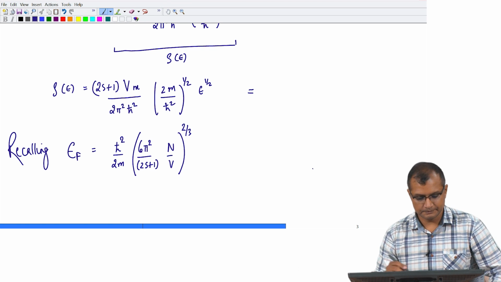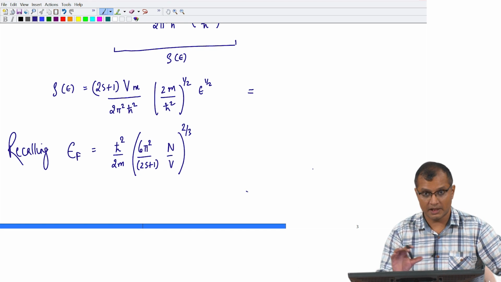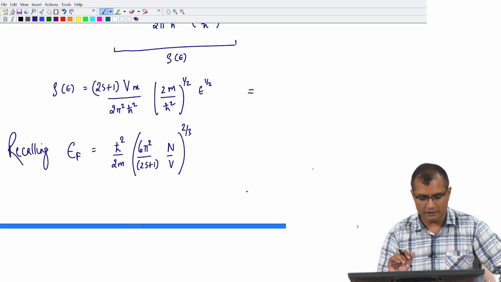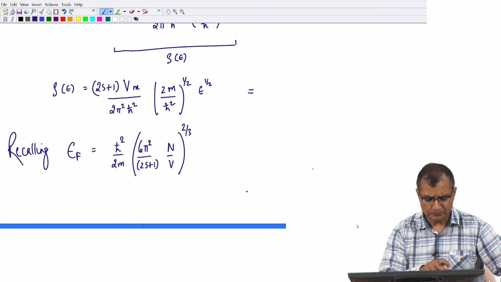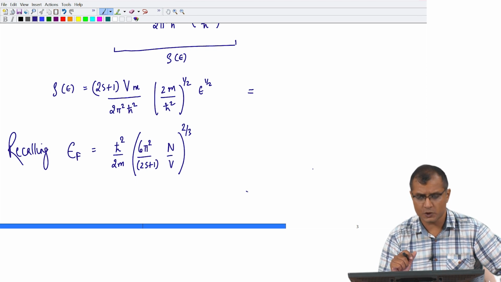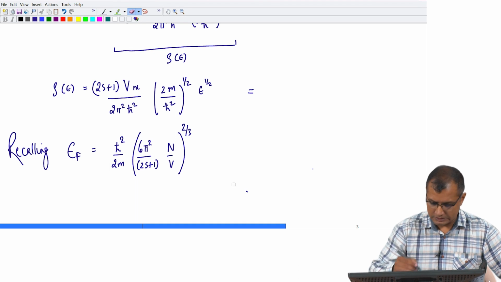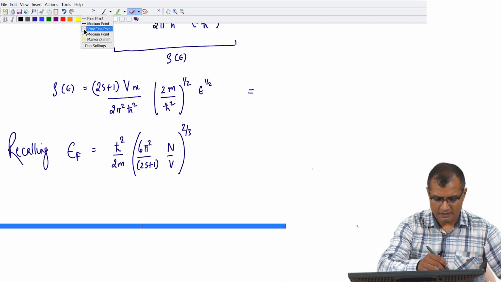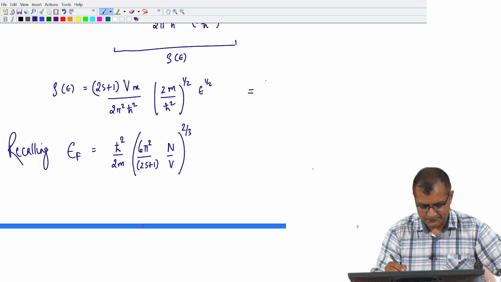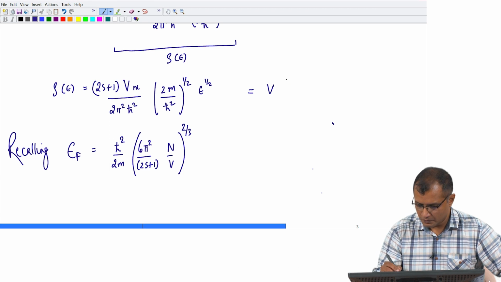You can take s, the spin of electrons, to be half, and that will make the 2s plus 1 as 2. So, I can write the density of states as V into (2m by h cut squared) raised to 3 half,